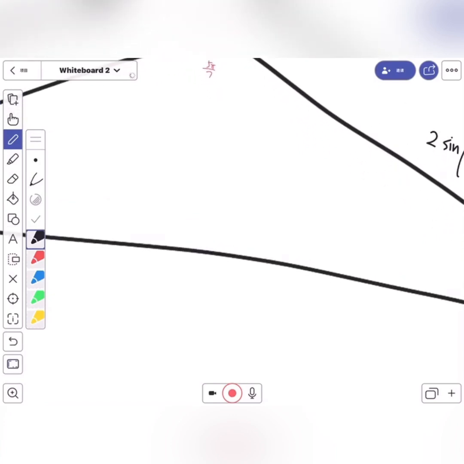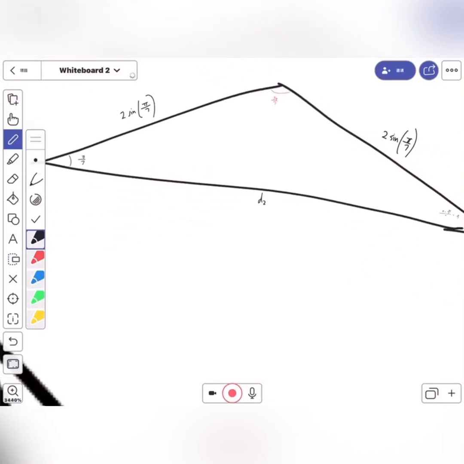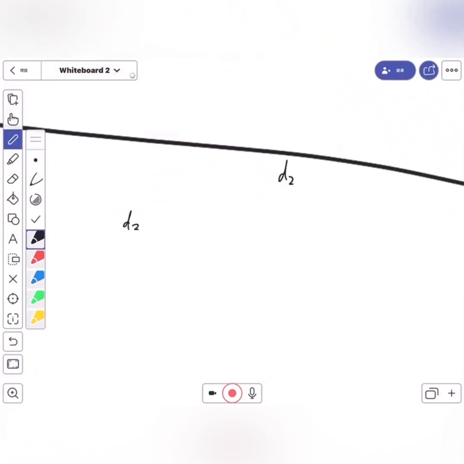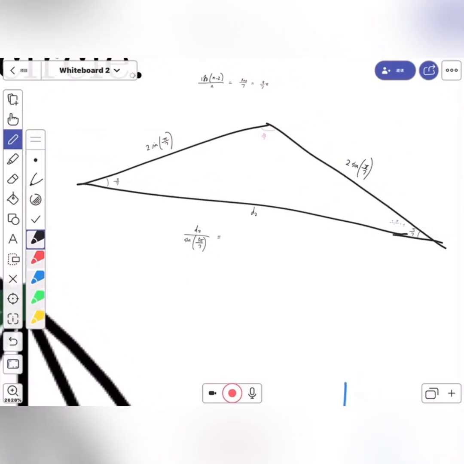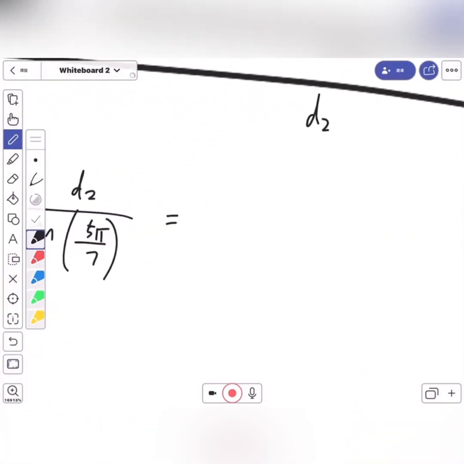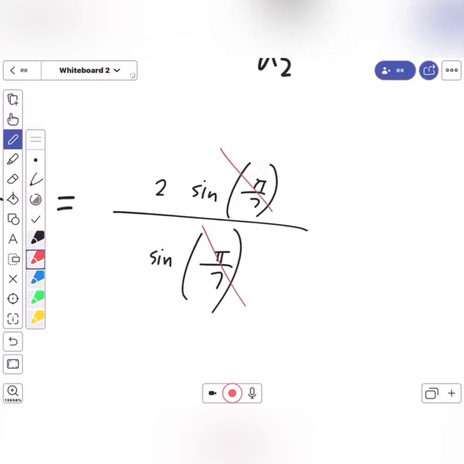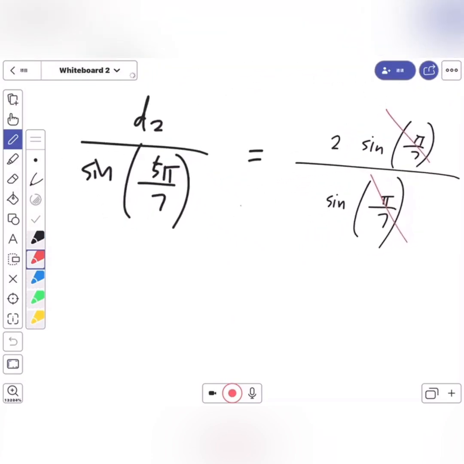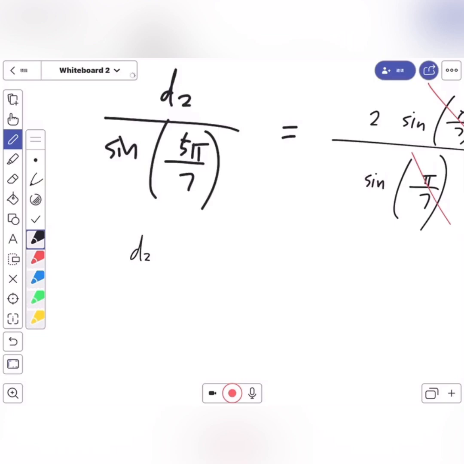Just call this d2. d2 over sine of 5 pi over 7 is equal to 2 sine of pi over 7 divided by sine of pi over 7. These two cancel out, so we're only left with 2. Then you multiply to the other side, we're gonna get that d2 is sine of 5 pi over 7